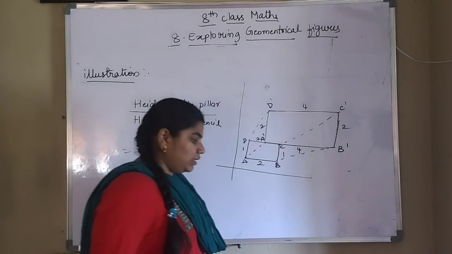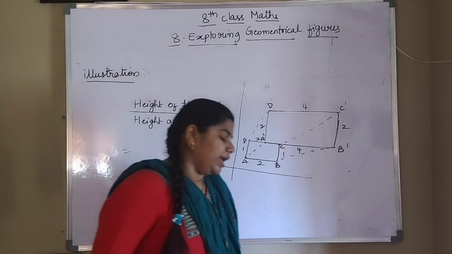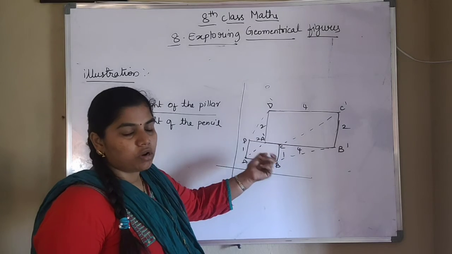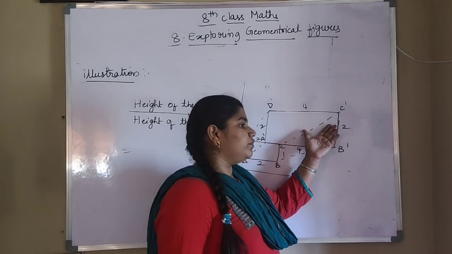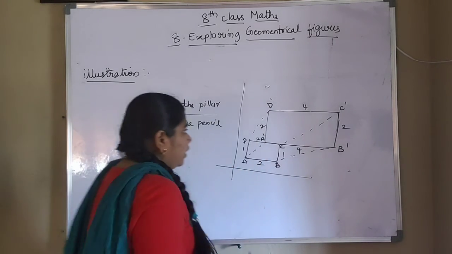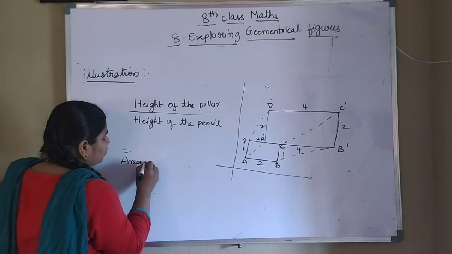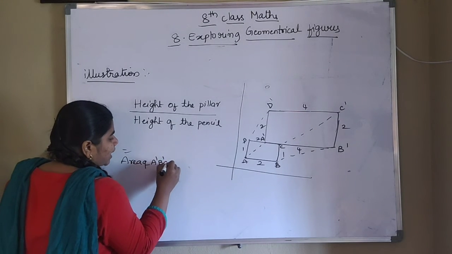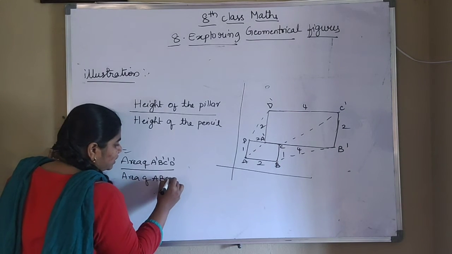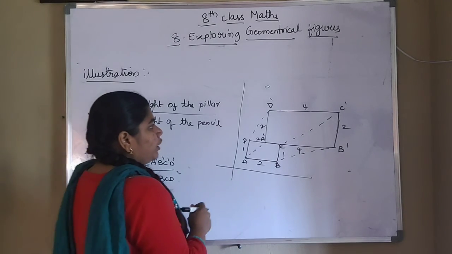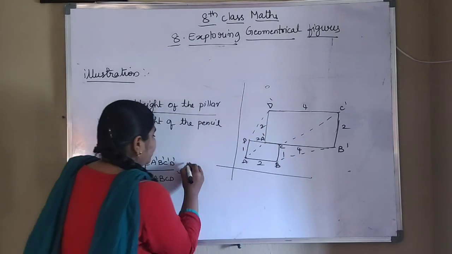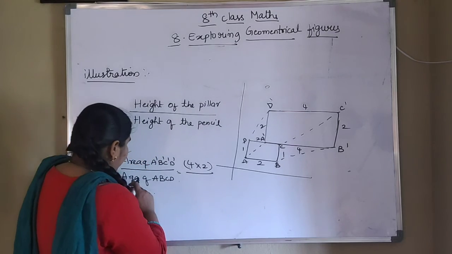After drawing like this, we have to find the perimeter and area. So what is the enlarged perimeter and what is the smaller figure's perimeter, and also the area of this figure and the area of that figure. First, the area of the bigger rectangle. Area of A dash B dash C dash D dash by area of A, B, C, D. Area of a rectangle is L into B, so we multiply these two sides. That is 4 into 2 by area of ABCD,